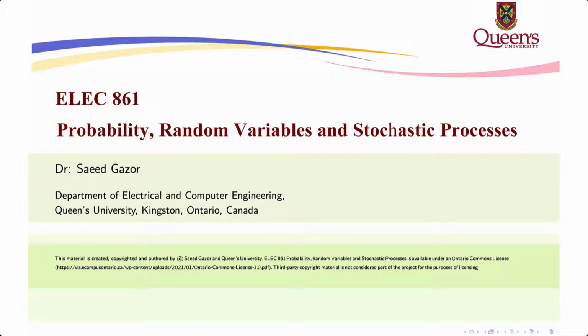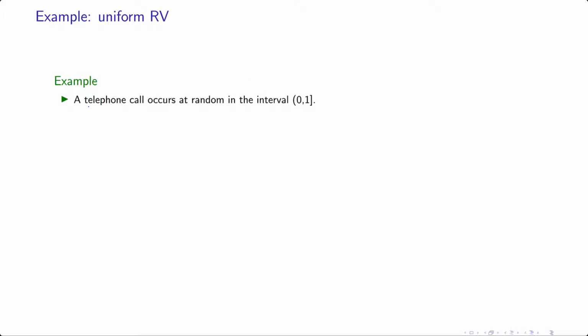Hello, let us have some examples for random variables. In this example, we introduce a uniform random variable. As an application example, you can consider a telephone call which is supposed to happen in the interval of 0 to 1. Well, this could be a packet, a phone, anything else. And suppose that all